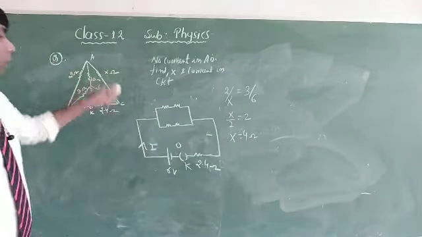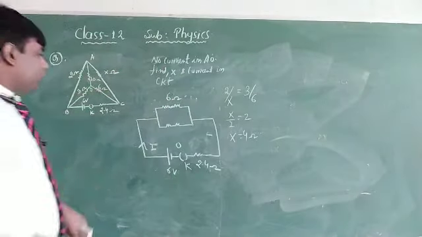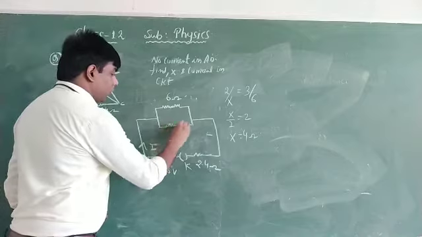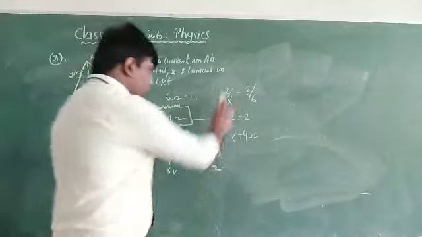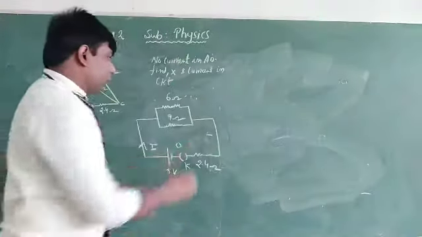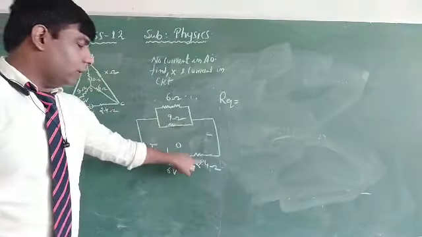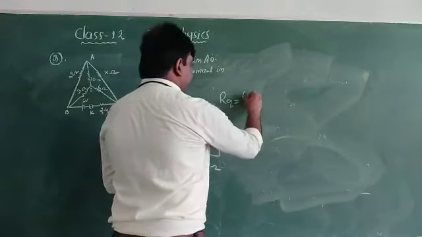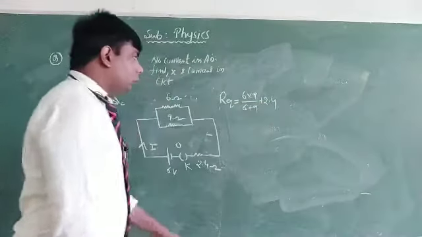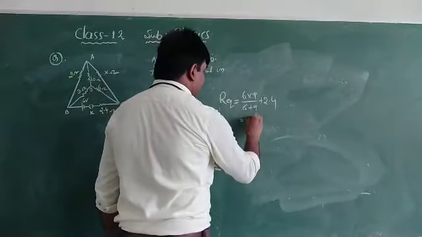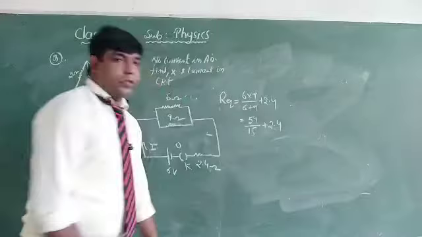Here there was 2 and 4, that is, this will be 6 ohm, again 3 and 6, that is, right? So, first we have to find out the equivalent resistance. R equivalent is 2 in parallel and this in series, that is, it will be, right. This is your equivalent resistance.